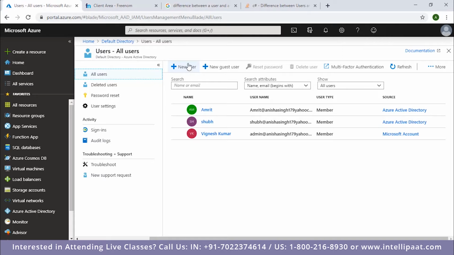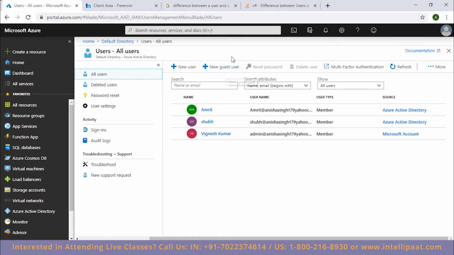So this option is used whenever you want to create a user that is considered an internal part of your organization. And as for this guest user option, you use it, let's say, when your organization wants to collaborate with some external partners so that they can give them access to some of their resources.